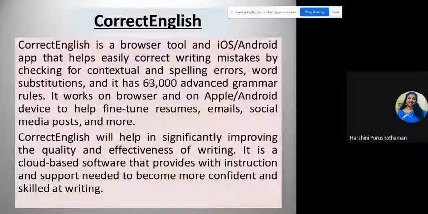So for this kind of writing, you can definitely use Correct English. Correct English will help significantly improve the quality and effectiveness of writing. It is cloud-based software that provides the instruction and support needed to become more confident and skilled at writing.